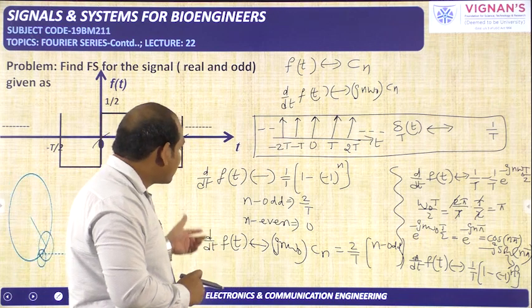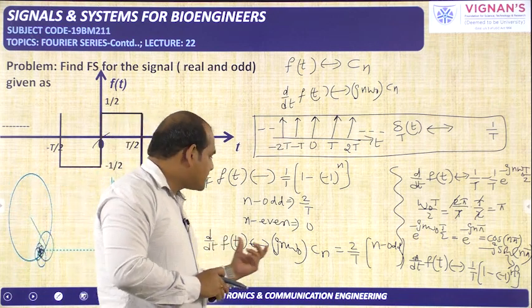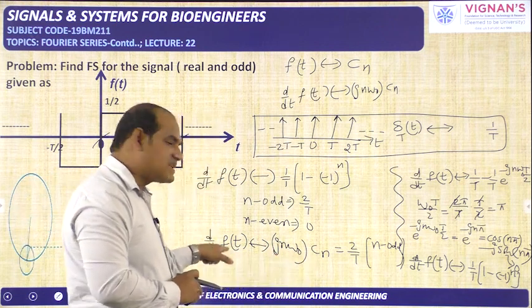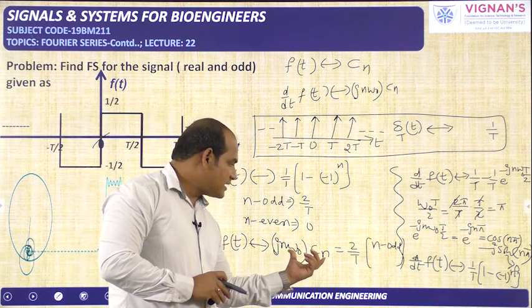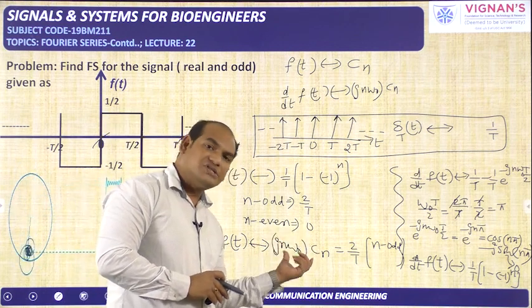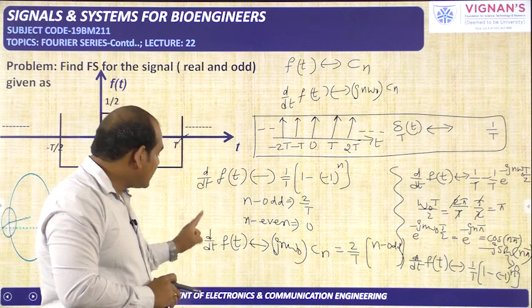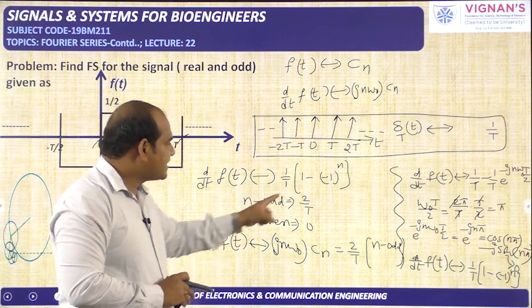Next, for d by dt of f of t, from the time differentiation property, the coefficient is given by jn omega naught into Cn. So Cn is the coefficient for f of t, that is our requirement. So jn omega naught into Cn is the coefficient for d by dt of f of t from the time differentiation property. But for d by dt of f of t, we have already calculated the coefficient, that is 2 by T